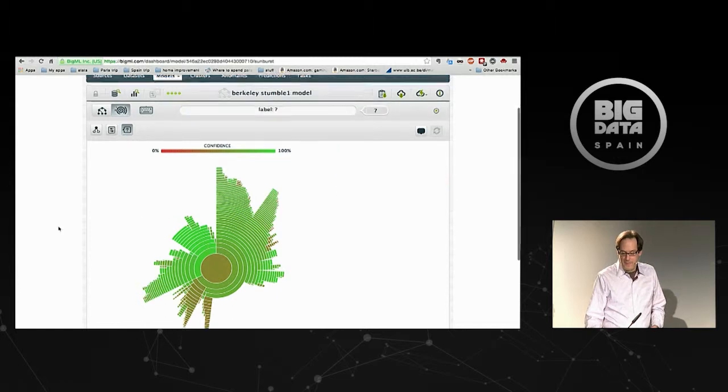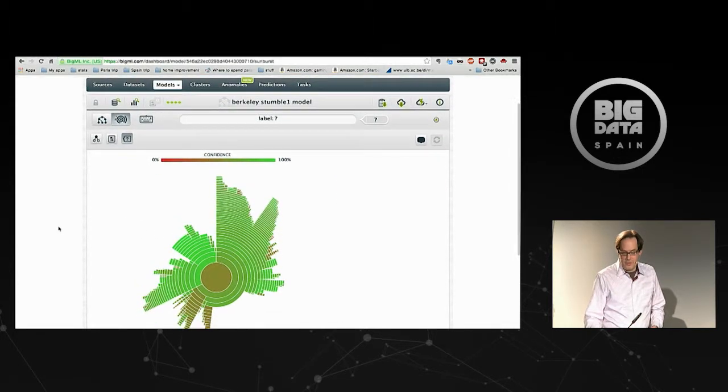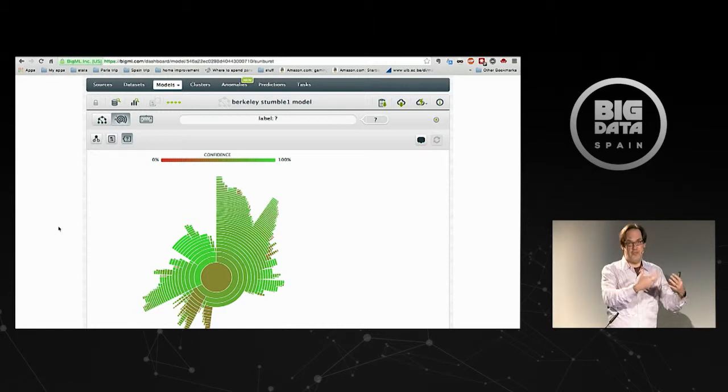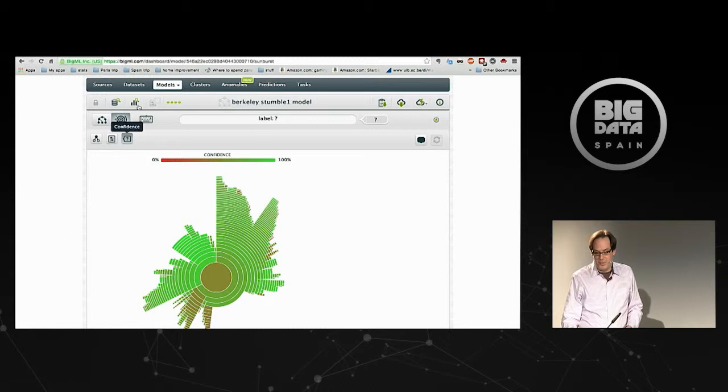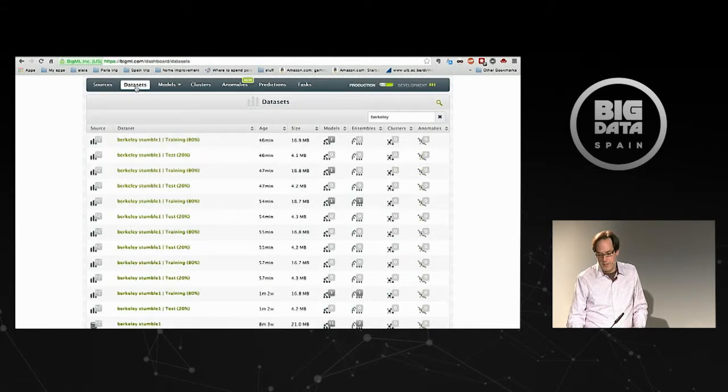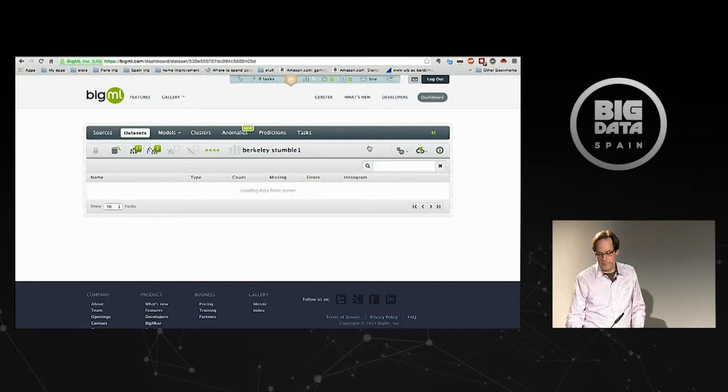So that's great. Now I've trained a model, right? I've drawn these rectangles. That's what this is all a representation of, these rectangles that enclose different data points. How do I know how accurate this model is? Because I can draw any set of rectangles I want, right? That doesn't mean that it's going to be correct. That doesn't mean it's going to correspond to reality. And so I can actually go back to my original data set, and what I'm going to do